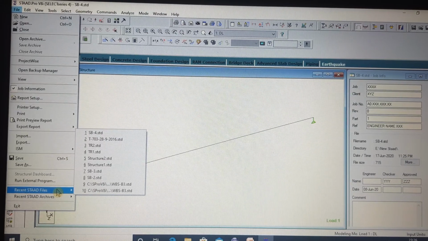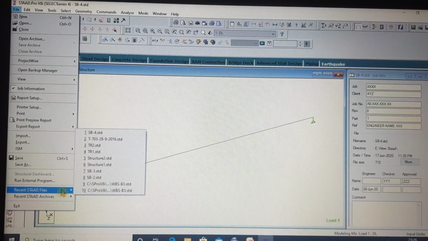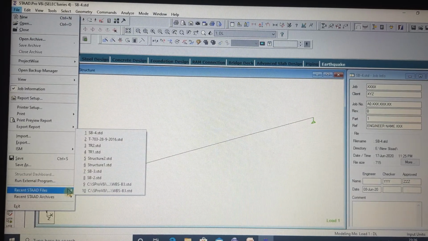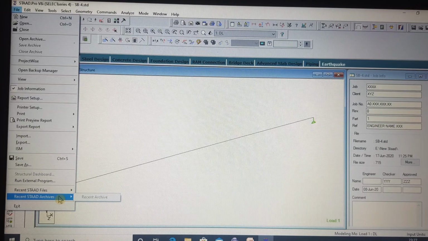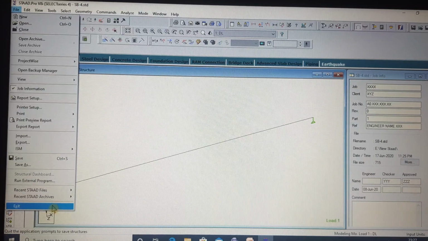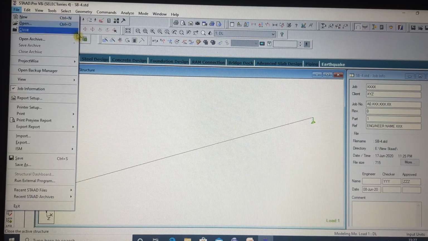Through this option you can see what are the recent STAAD files which were opened before this STAAD file. This is recent STAAD archive. That is also not useful right now. And next is exit button. So this is all about your file option.